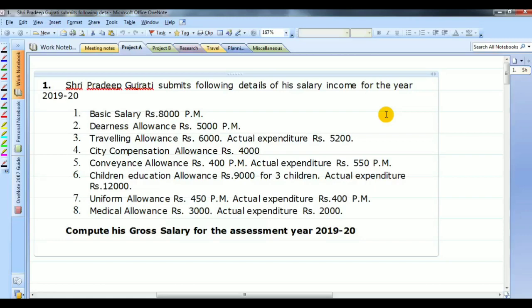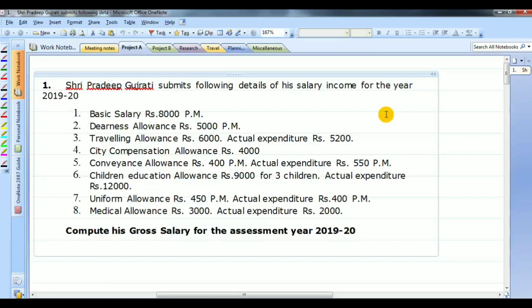This is the first problem of our lecture series, so we will just be discussing the format of how income from salaries sums are solved, and we will also discuss some of the basic allowances which are frequently asked in your examinations. So let us first of all read the problem which is given. You can pause the video here and take a screenshot or note down the question which we will be discussing